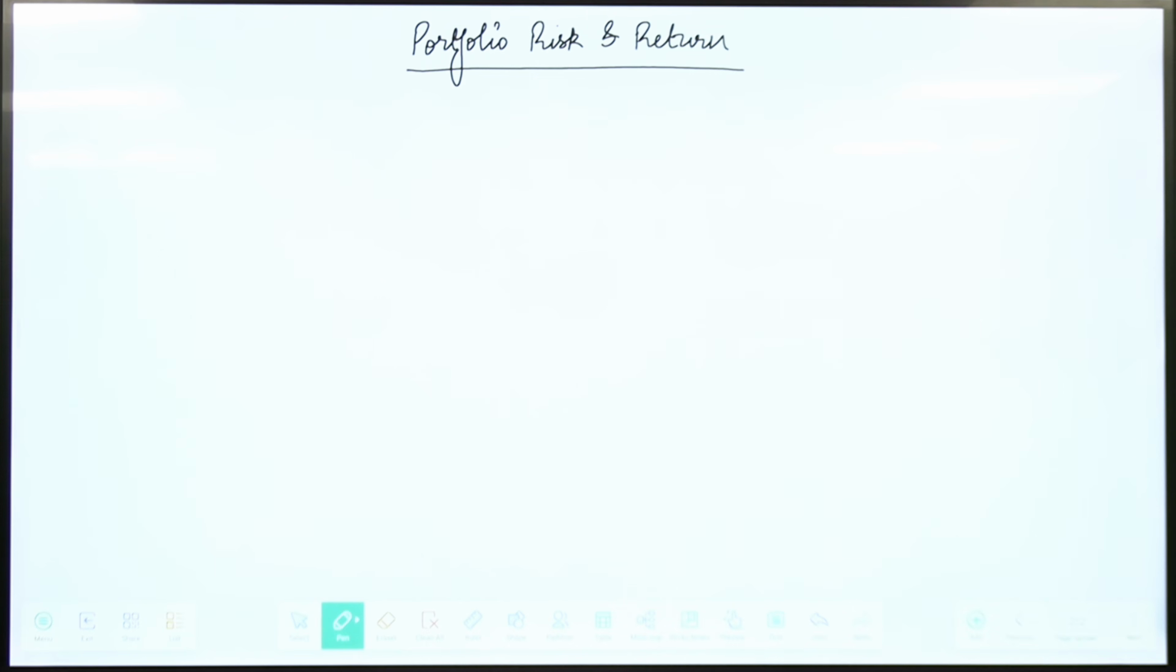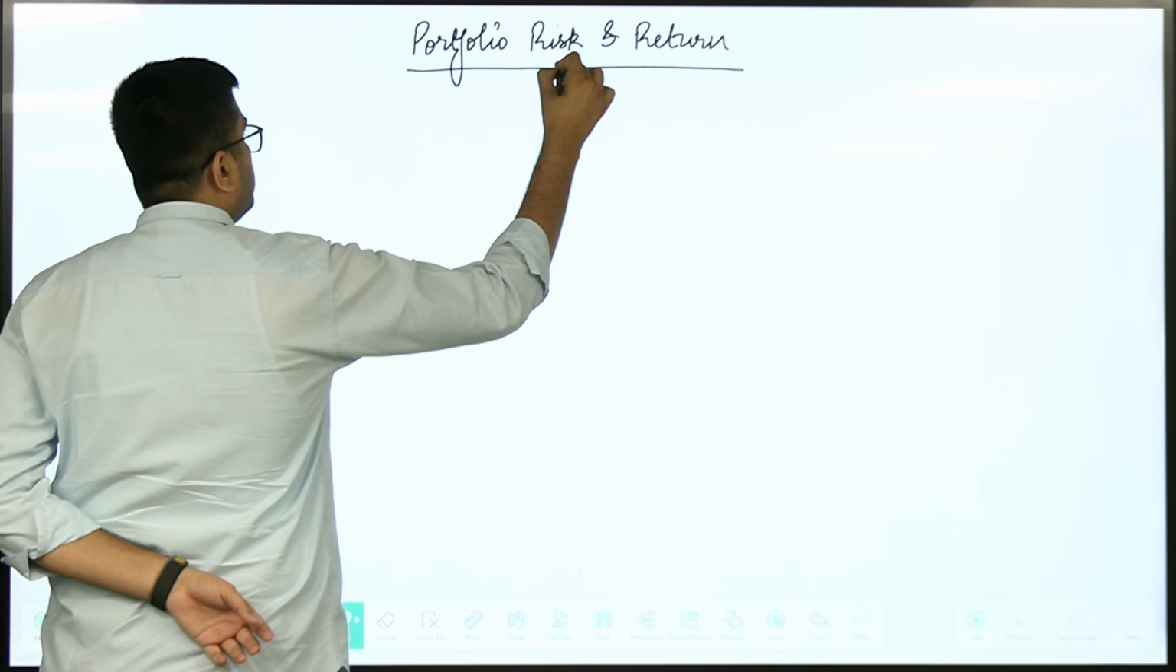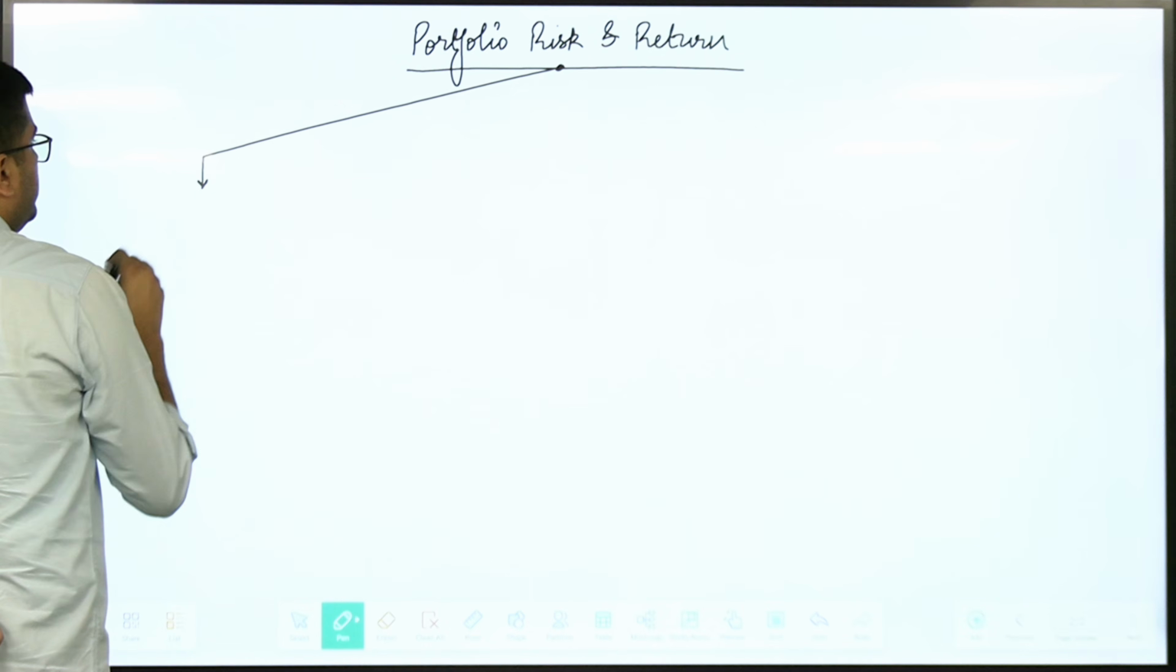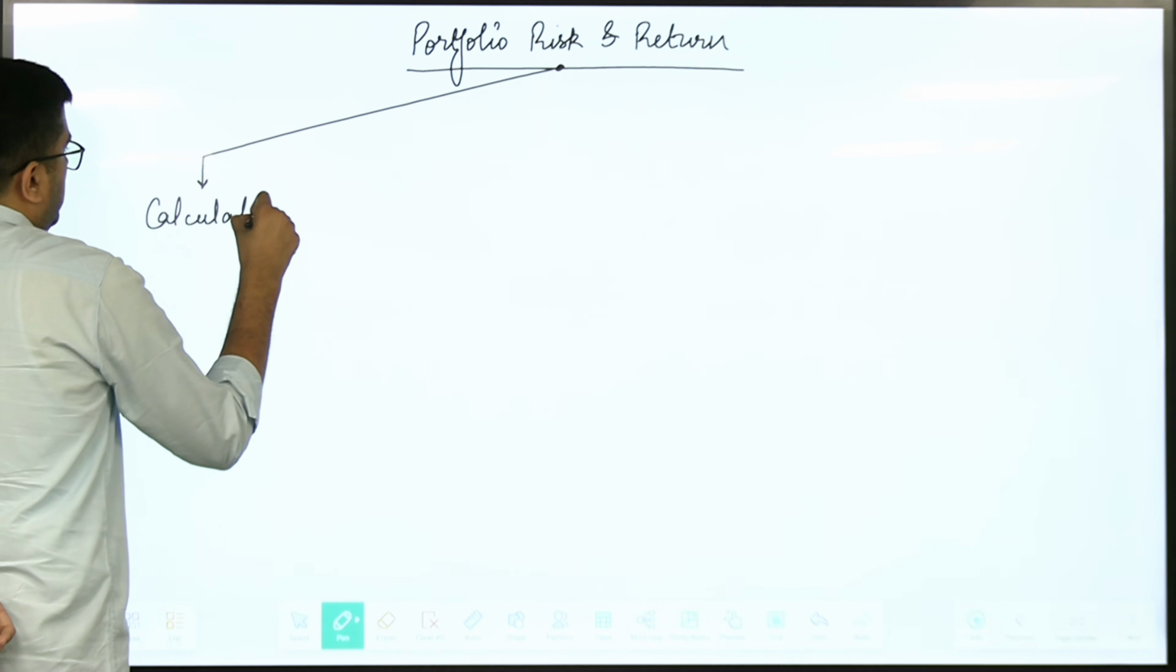Now, in your books, they have given the discussion of risk and return in 2 chapters, reading 1 and 2. We will combine both the discussions into a single section. The entire discussion of risk and return can be split into 3 parts. First is calculation